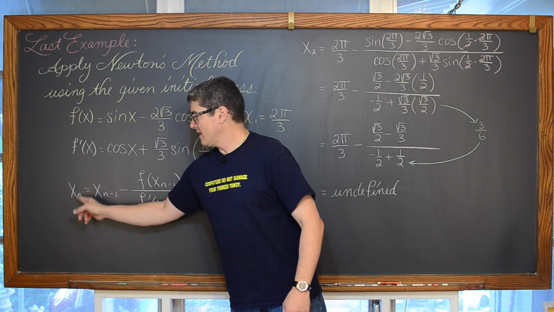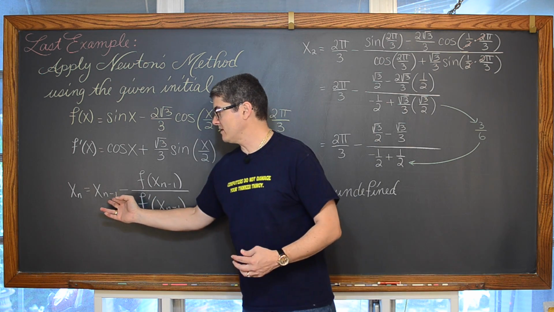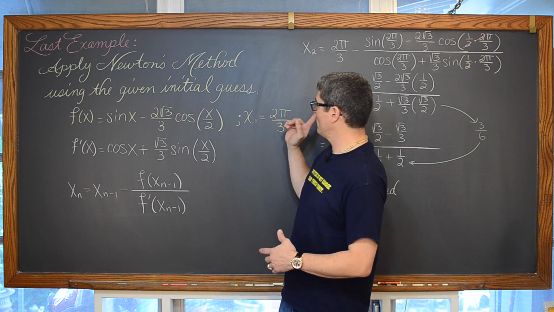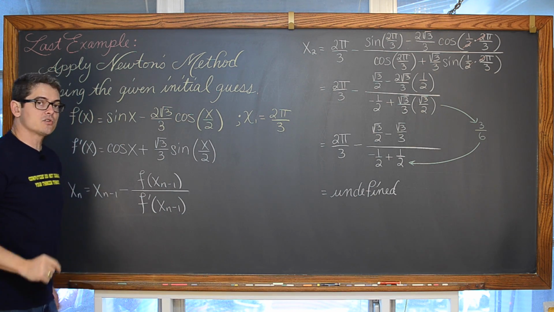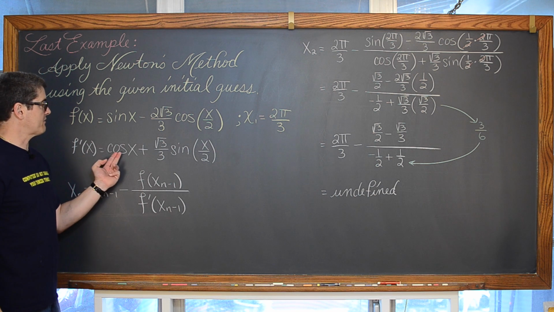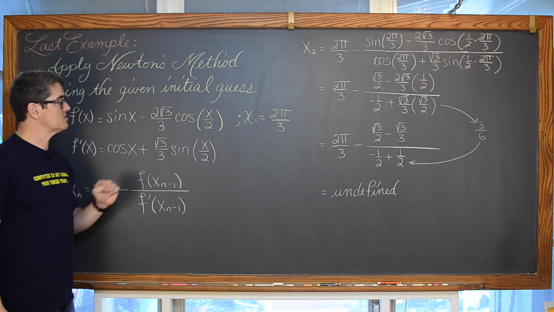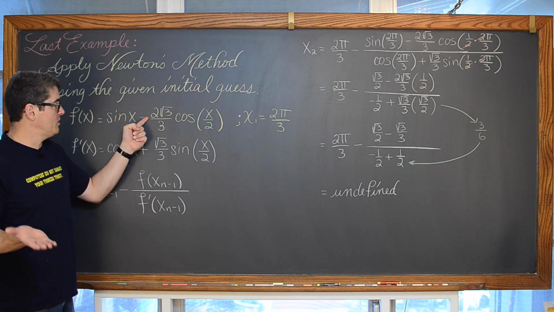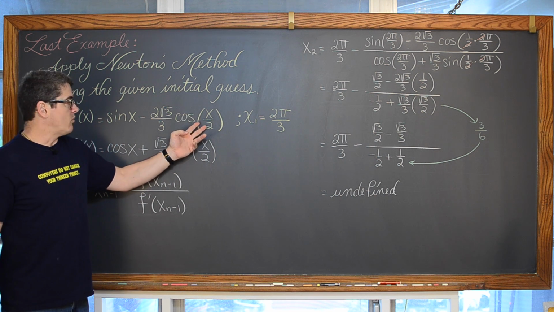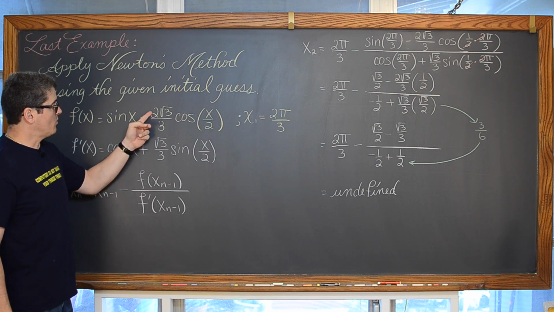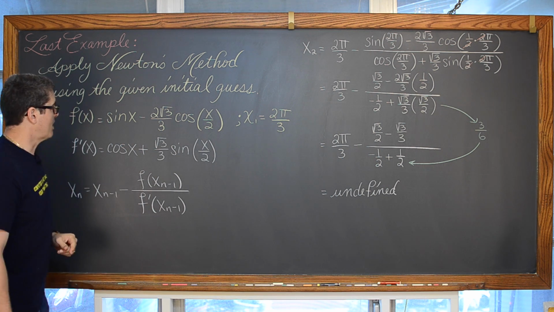Basically, a new estimated zero is going to be based off of the previous one, whether you came up with that iteration or it was your initial guess. And we're given our initial guess. So if this is our f of x function, then f prime of x, the derivative of sine is cosine, the derivative of cosine is negative sine, that's why we have the sign change. And where did the 2 go in the numerator? Well, our inside function is 1/2 x, and the derivative of 1/2 x is simply 1/2, and 1/2 times 2 is equal to 1, and this is our f prime of x.